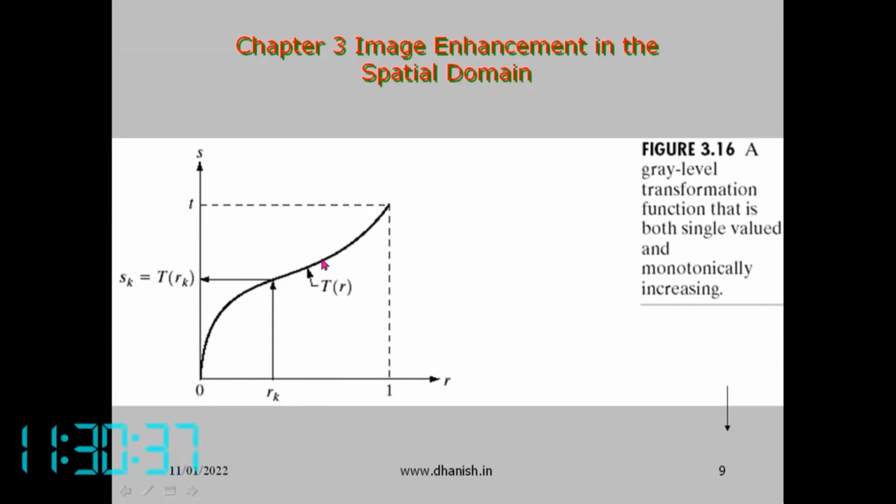And then this order has to be maintained. So here, if a pixel has intensity 5 and the corresponding output is 10, then for 6 it cannot be lower than 10. It cannot come down. It has to only go up, because as the input intensity goes up, the output image intensity also has to only increase. So it is both single valued and monotonically increasing. The shape of this transformation function can be any shape like this.